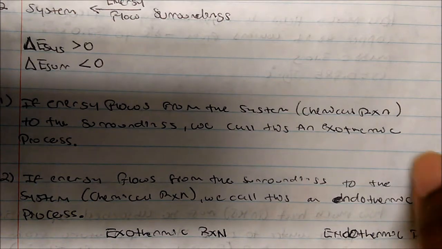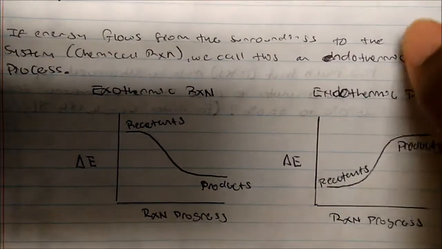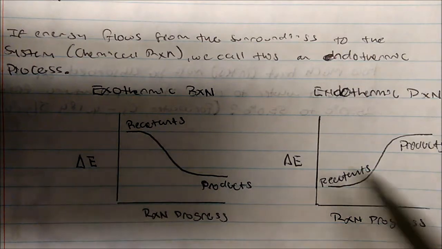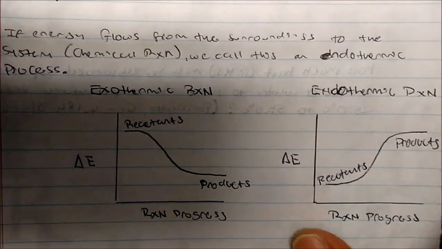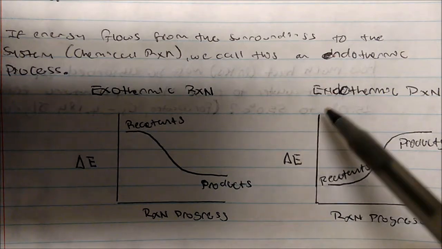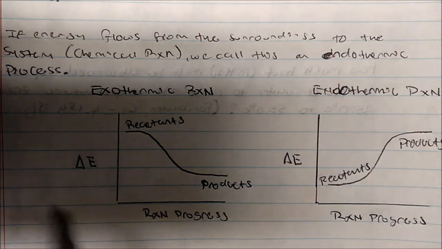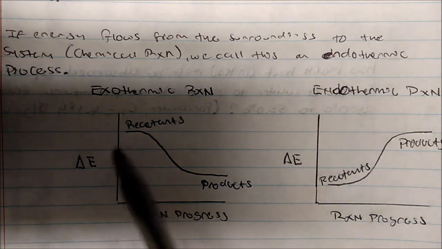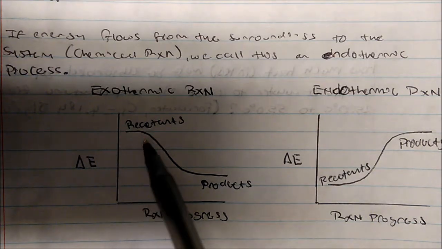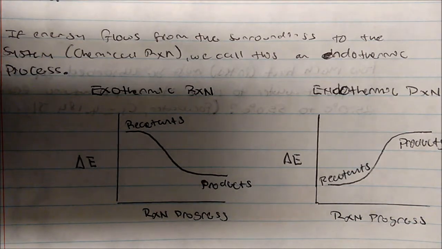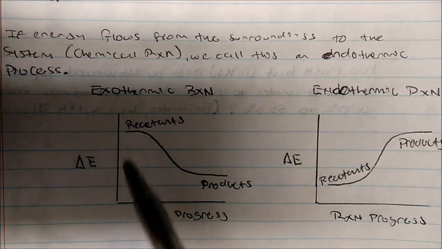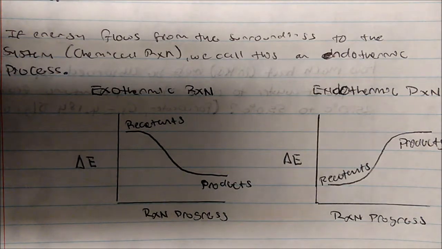Okay, so let's take a look at the graphs and the differences. Here we have the graphs of the endothermic and exothermic reactions, and we should see some striking difference here. Obviously, on the y-axis we have the change in energy, and on the x-axis we have the reaction progress. But notice for the exothermic reaction, the energy of the reactants is actually higher than the products. So whenever you have the reactants higher than the products, then we have an exothermic reaction. In other words, the system is giving off